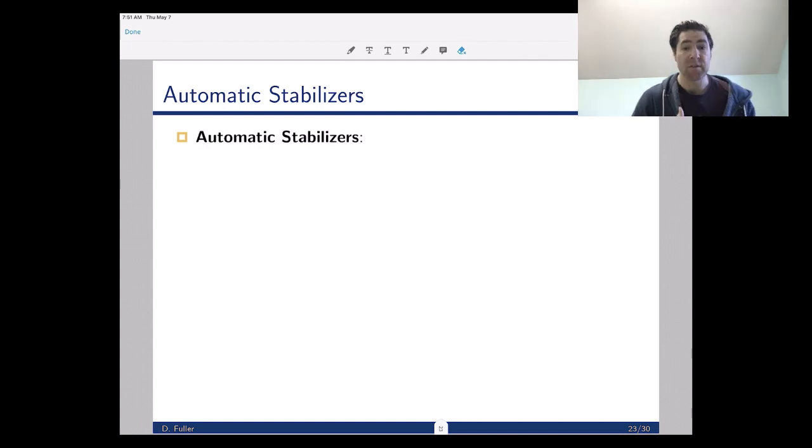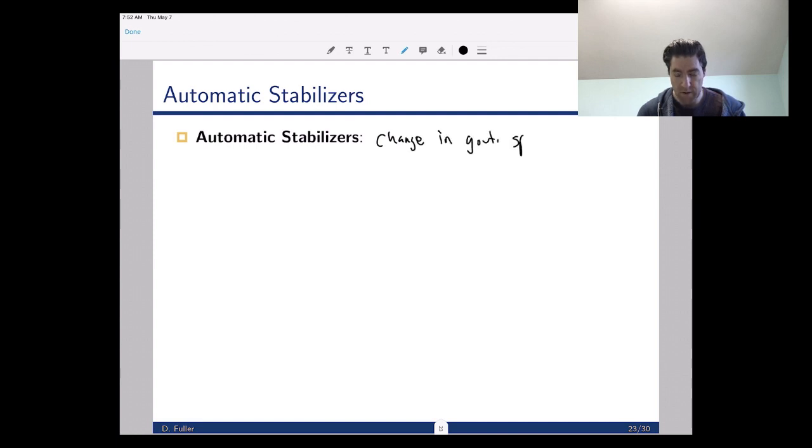Now, there are actually some parts built into the current structures of our government that act as a sort of countercyclical macroeconomic policy. These things are called automatic stabilizers. So, what is an automatic stabilizer? It is a change in government spending and/or taxes that happens automatically, right? Or is built into the current laws